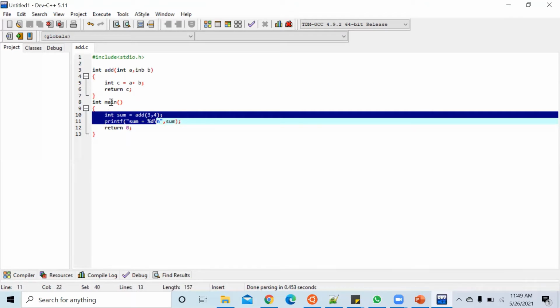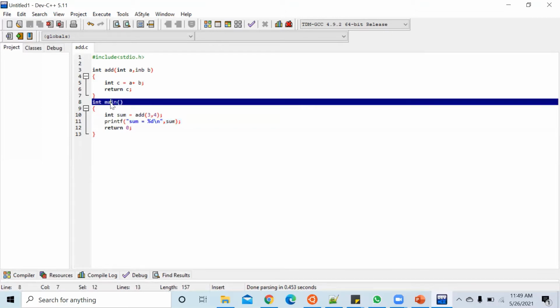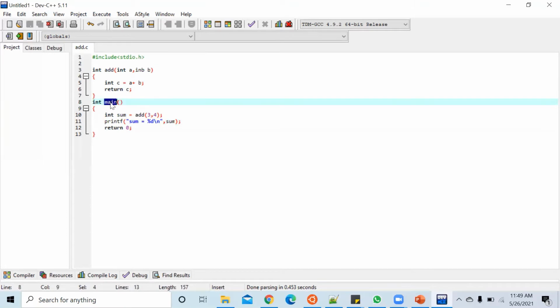Main is the function which is the starting point for any application. A main function should be there in any application. There is no application without a main function. So main should be there in all the code. There should be at least one main, and at the max, one main.